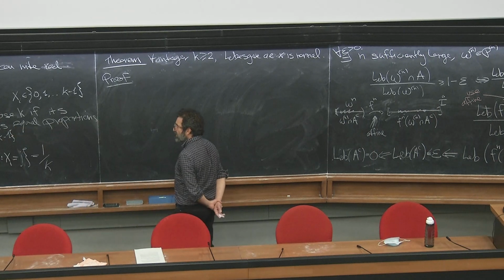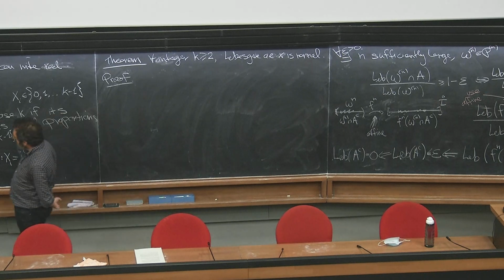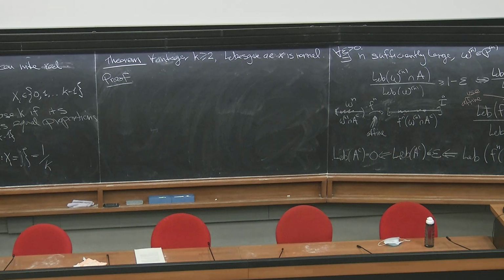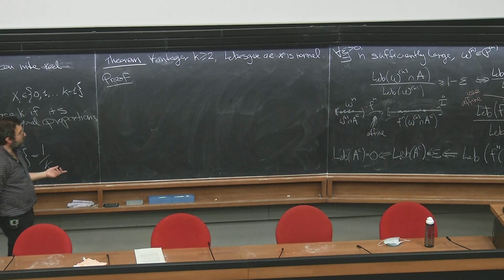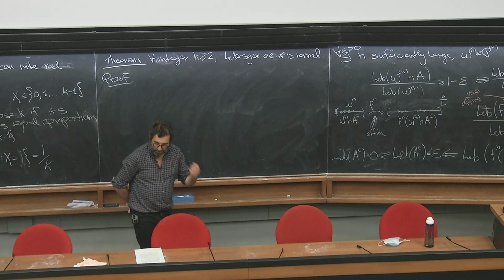Relate, what does this have to do with dynamics, right? So I'm mentioning, this is a purely number theoretic statement, right? At least I stated it on purpose like that. The statement has nothing to do with any dynamics. This is just looking at numbers, base k representation, and we want to claim it's clear that not every number is normal, right? This is obvious. So we want to show that almost every number is normal. How can we relate it to some dynamical system that we know?